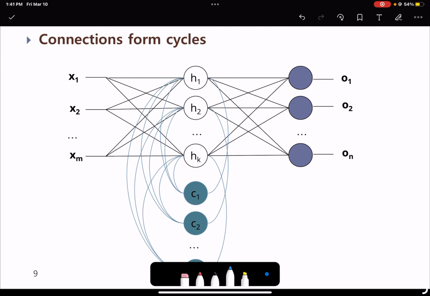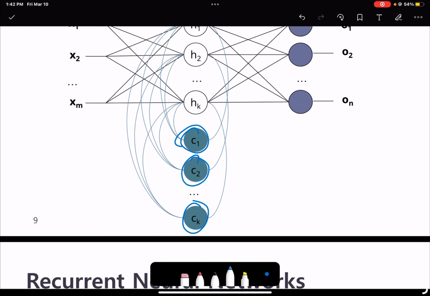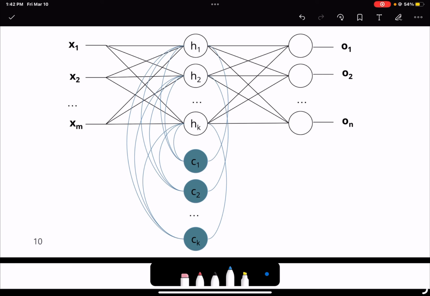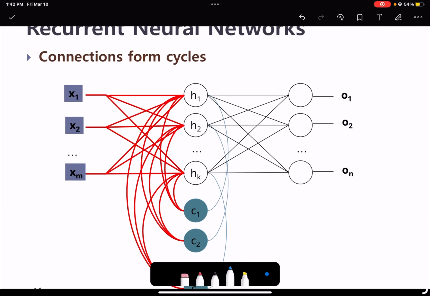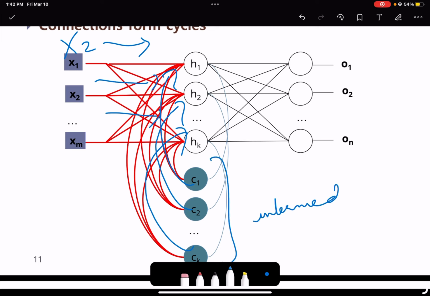And in the next step, this value is stored here in these k nodes. So if we have k hidden layer nodes in the first hidden layer, we will have k intermediate hidden layer outputs, and they are stored here. And this is the cycle that we are talking about. These are the cycles that can form within your network. So for now the data is stored, and the next time your input comes, now x2 for example, we will have the input not only from here, but also one from your intermediate hidden layer output,